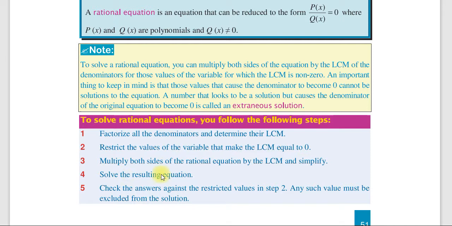And 4, solve the resulting equation and finally check the answer against the restricted values in step 2. Any such value must be excluded from the solution because it's not our solution. Okay, ስለዚህ እነዚህ 5 ስቴፖችን በመከተል rational equation solve ማድረግ እንችላለን ማለት ነው።